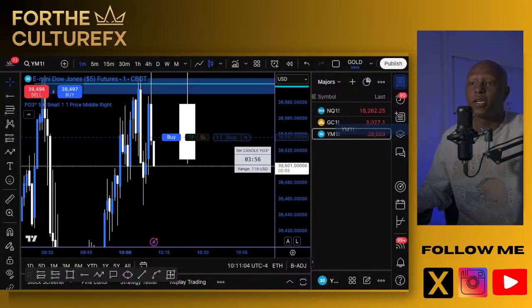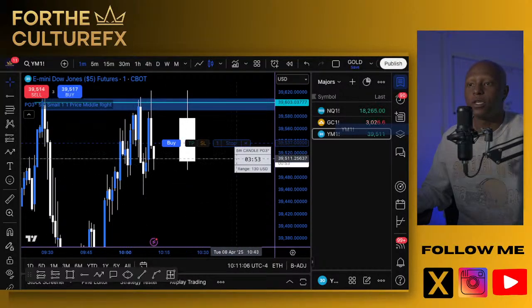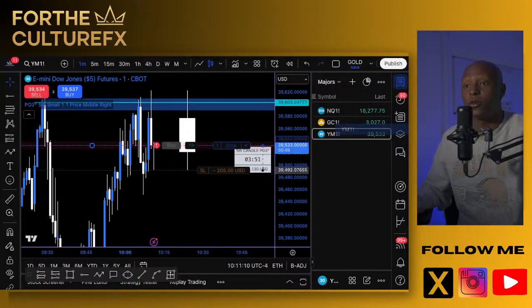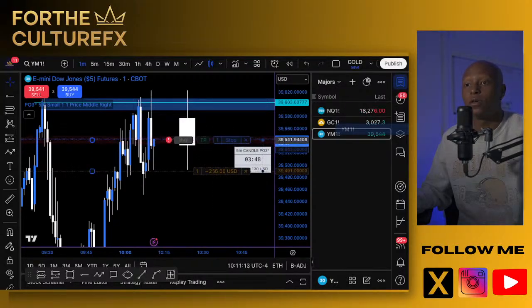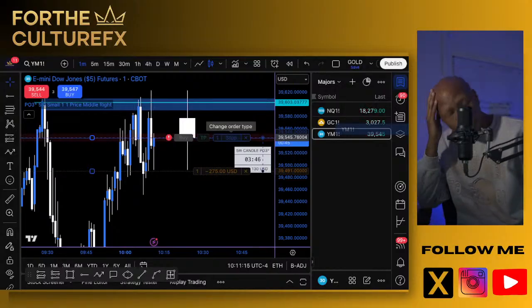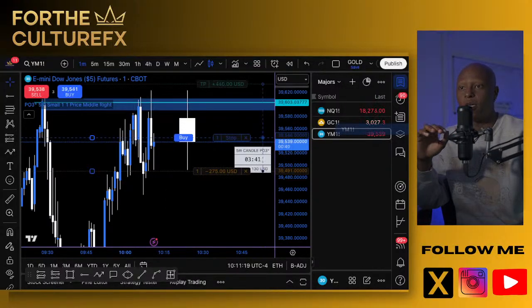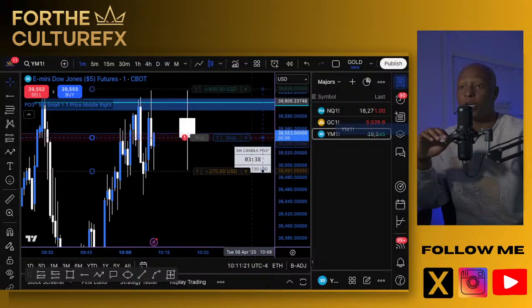Immense push to the downside. Let's see if we can get a bullish candle to close within this area. This might just be the bullish candle to close. And if it is, it's likely just going to push with volume. If it pushes without me, it just pushes without me, right, chat? I'm not going to chase this. I'm not going to FOMO into this trade or this setup here.